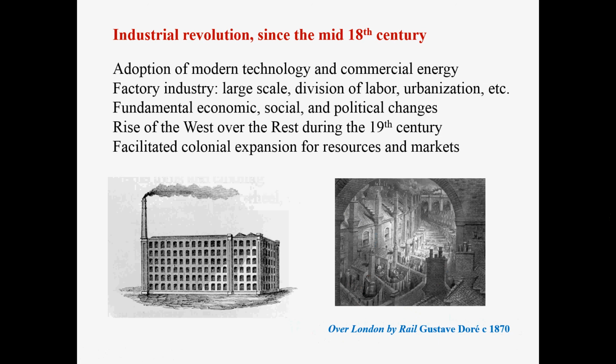This process is not just an economic change. The Industrial Revolution brought more than just economic change, not just how things are made, but also how society is organized, how people's representation was achieved. Prior to the Industrial Revolution, people were scattered in the countryside, in the villages, but since the Industrial Revolution, people are gathered in the cities, and they take on different roles. They change from farmers, peasants, into workers,